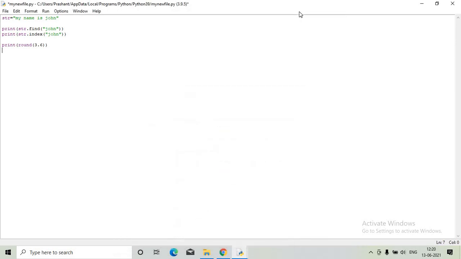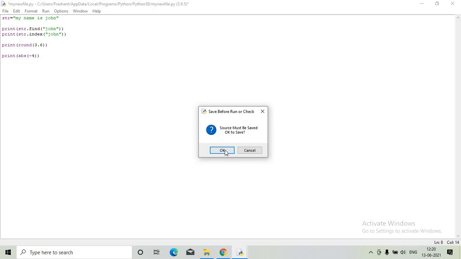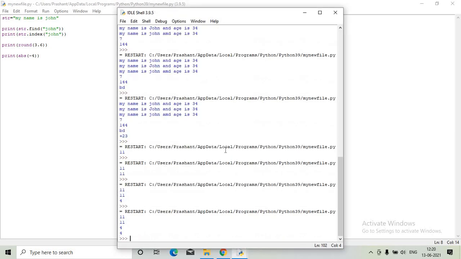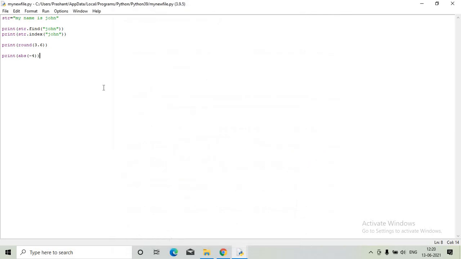You can also have certain absolute values. How to find absolute values here? Absolute value of -4. What is the absolute value of -4? So -4 is +4. We can also get the absolute value of a complex number.